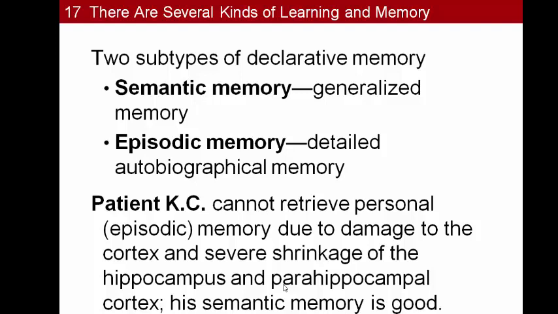Okay, but now if we take declarative memory and we break it down into subcategories here, declarative memory is that memory that you can explain to someone else. Now, you could explain to someone else semantic information or episodic information. Semantic memory would refer to generalized memory, so knowledge of vocabulary words,